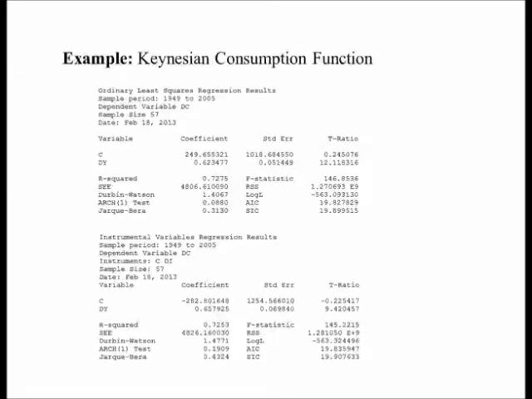What I've done is I've regressed the change in consumption expenditures, this is for the UK from 1949 to 2005, on a constant and the change in GDP. Some of you doing projects may recognise a little bit of familiarity in this. Okay? This is the kind of thing you might well have been doing yourself for your project. Well, if we do that, we get quite reasonable looking results. We get a slope coefficient here of 0.62, standard error 0.05, and t-ratio of